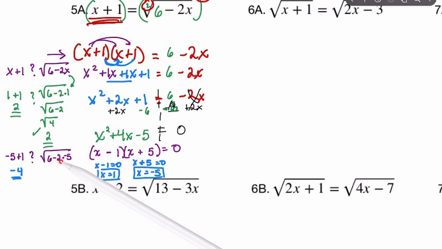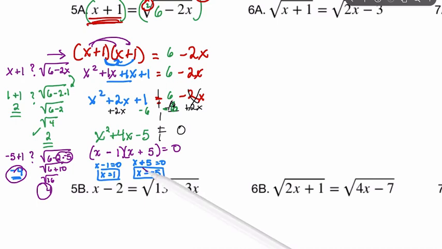And if what's under here is negative, when I try to square root it, I get imaginary numbers. We can go ahead and see what it does give us. So 6 minus negative 2 times negative 5, so it's plus 10. Square root of 16 is 4. You can see they do not match, so that's our extraneous